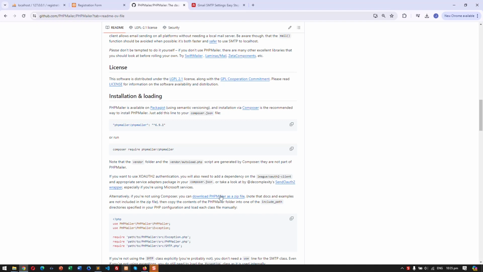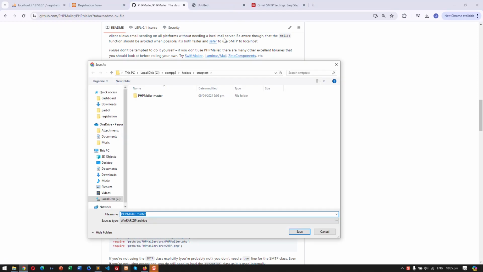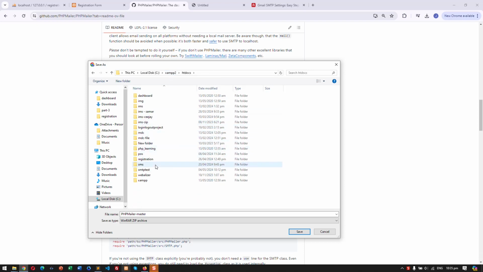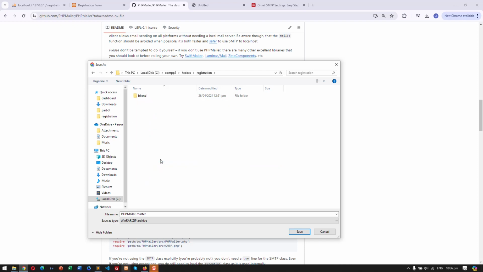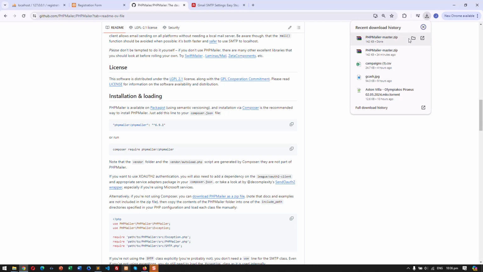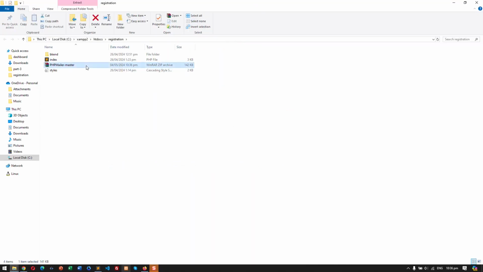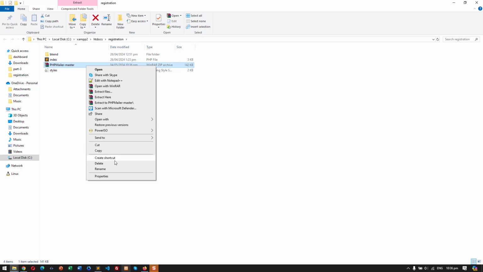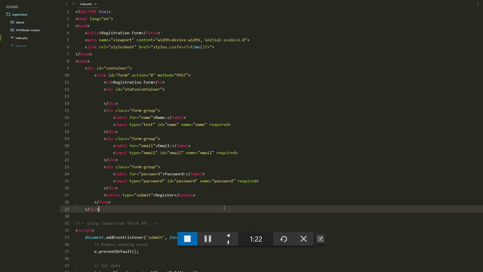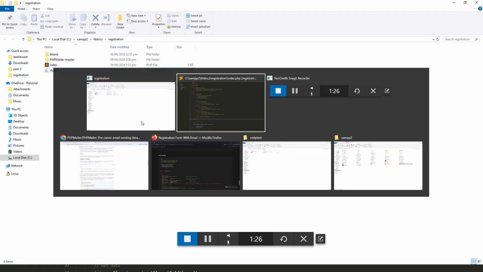So here we have the installation and how to use it, but for now we're just going to download the file without using the composer. So let's go to our folder, and then here let's extract the files, and then remove that one. So now the next thing we need to do here is